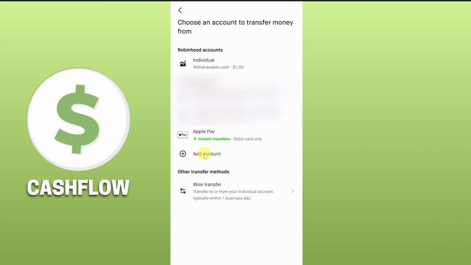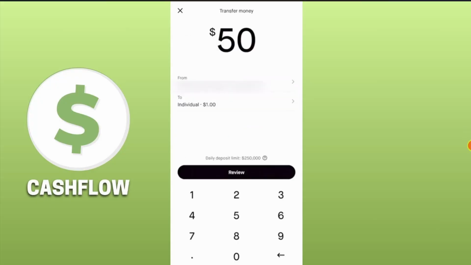You can also link your bank account by clicking on this add account button. After that, just enter the amount and click on review, and then lastly click on transfer. And once you do that, your money will be transferred from your PayPal to your Robinhood. So that is how you can link your